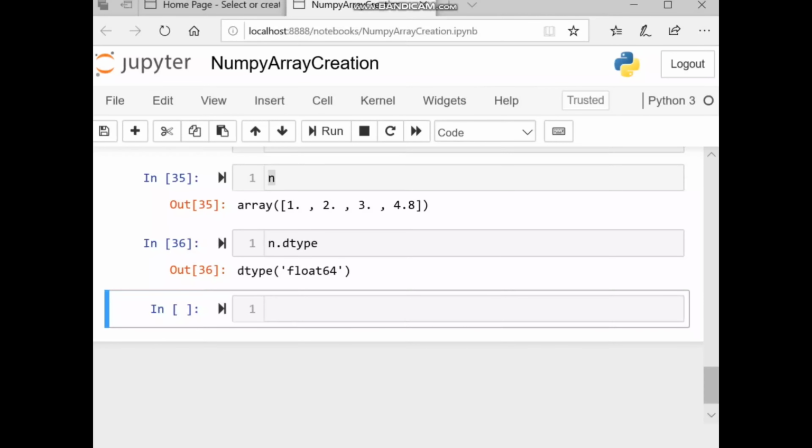Let me show another example. Okay, now we create a list with a string also. Okay, so L is equal to 1, 2, 3, then a string, and a float value, that is 3.4.